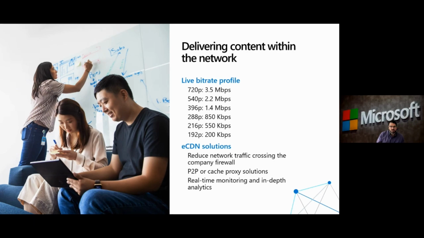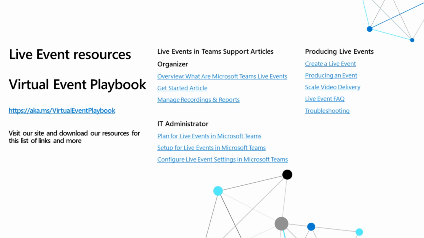Those ECDN solutions I was talking about are really important if I'm having to work on a corporate network. We've got constricted ingress. We know we're going to have a lot of support and use there. I want to make sure that that's the case. Now, I'm going to share this slide, and in just a minute, while we're taking a break, I will actually copy these into the broadcast for you to be able to get into the experience.